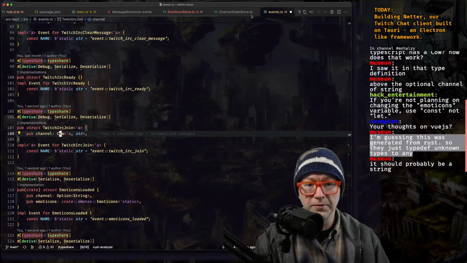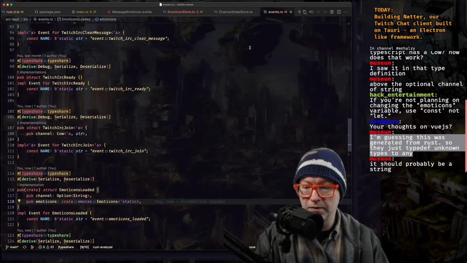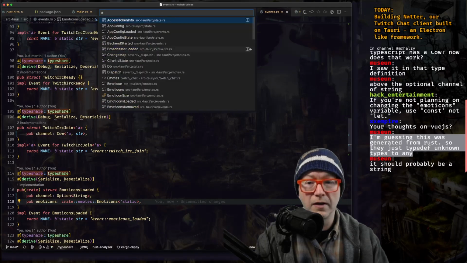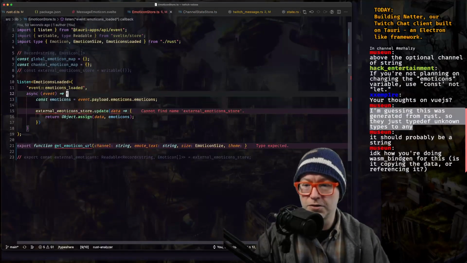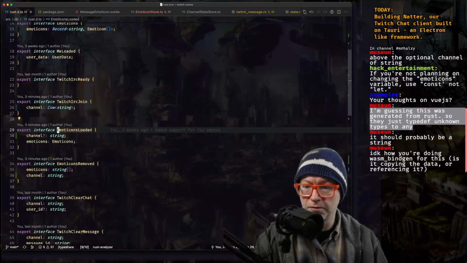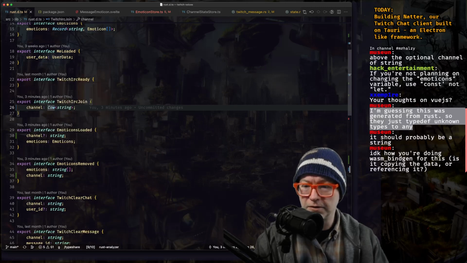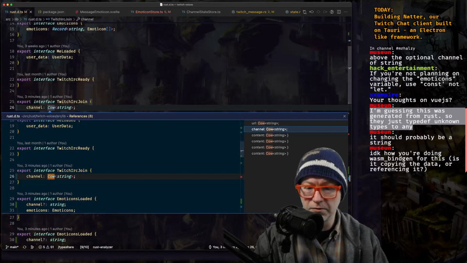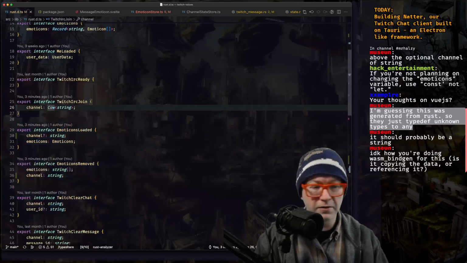What's surprising though, if I undo. Okay. Surprising is that it did convert the str to a string. So it did get part of it correct. But I'm curious where the rest of that type definition is. So if I try to go to it, it doesn't have a definition.